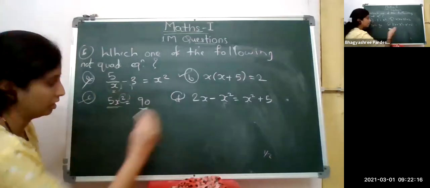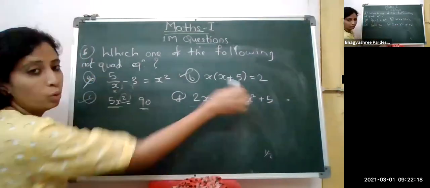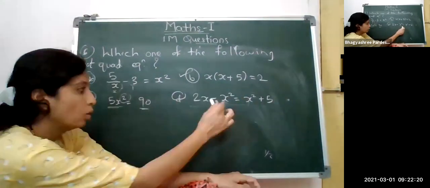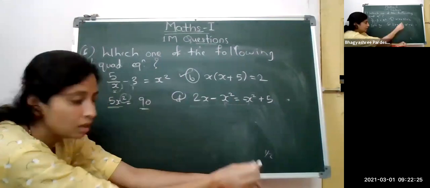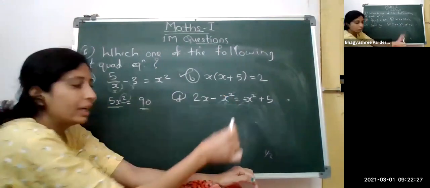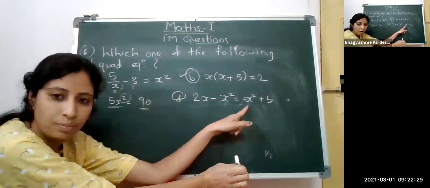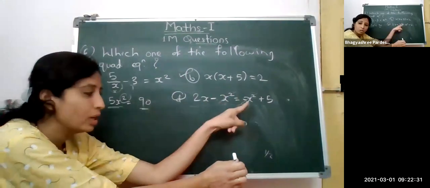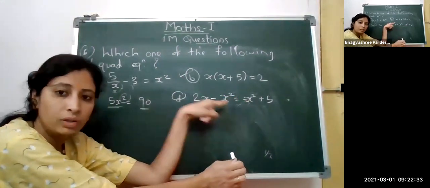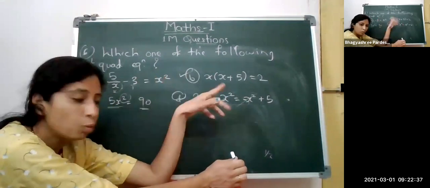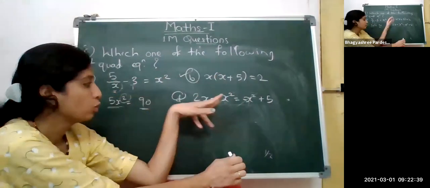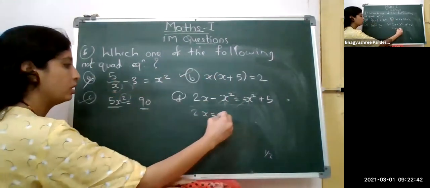Now this one. Here we are having 2x square. Sometimes what happens? To both the equal to sides, same signs we are having. If the same signs are there, those terms will get cancelled. So here we have taken the same sign right now. So minus x square is equals to minus x square. So when it will get to this side, it will be minus x square plus x square. So both will get cancelled. So we would just get here 2x is equals to 5.